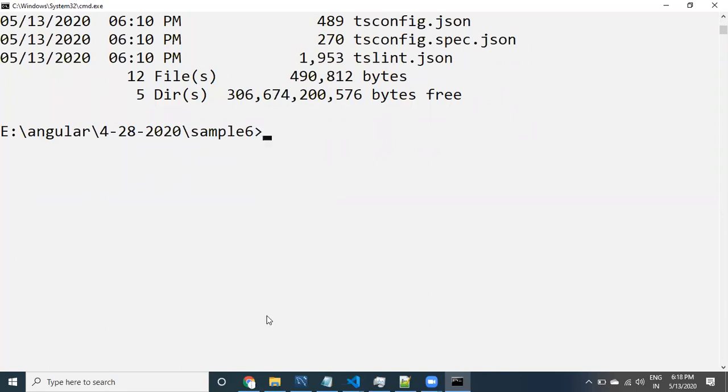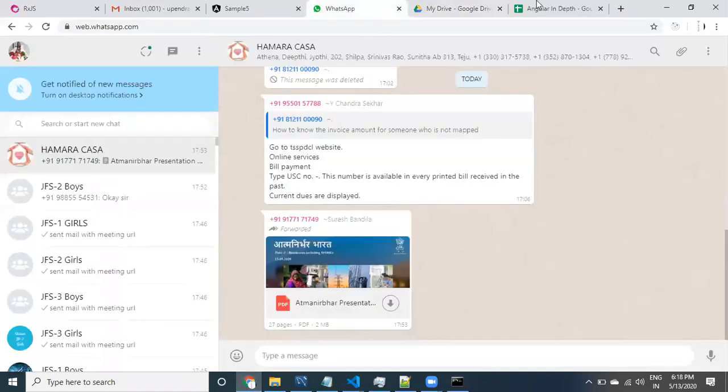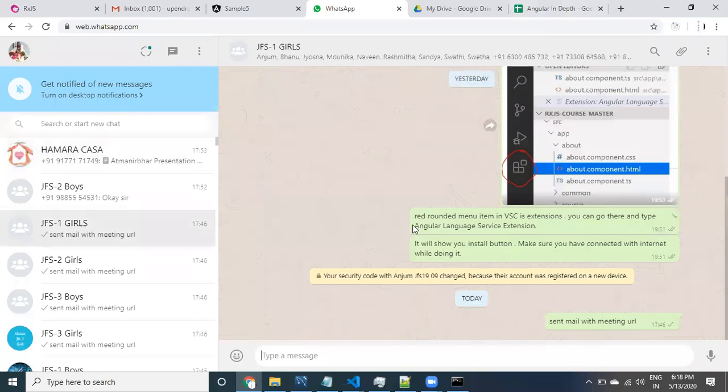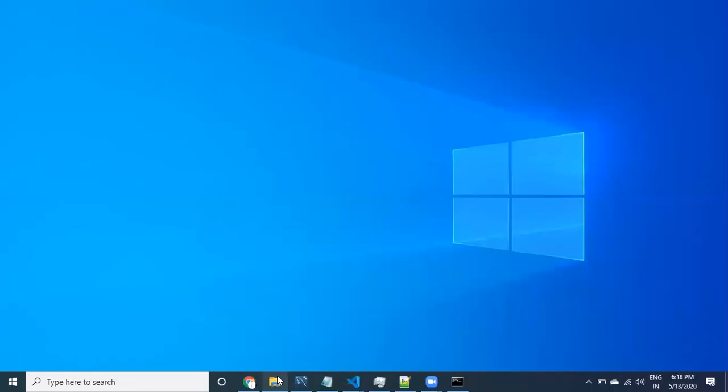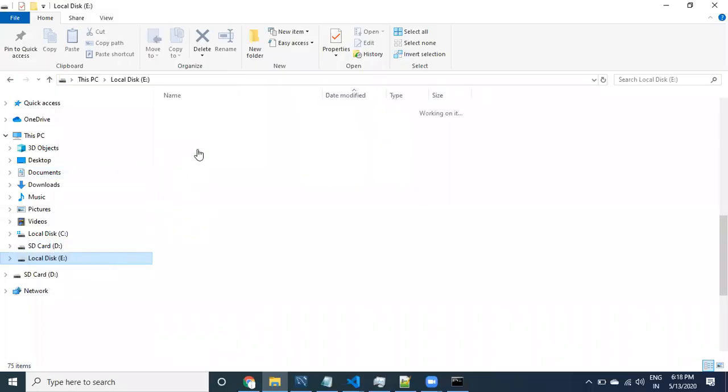I have to follow the 3 steps. What are the 3 steps that I have given you? I think I have provided them on WhatsApp. Otherwise, we have the documentation, right? If I go to the documentation,